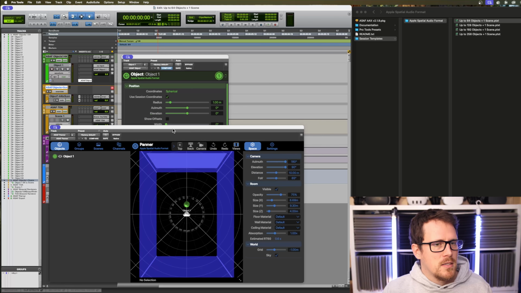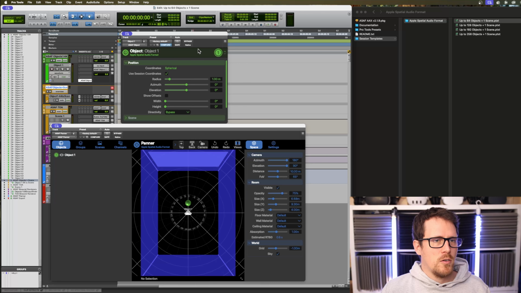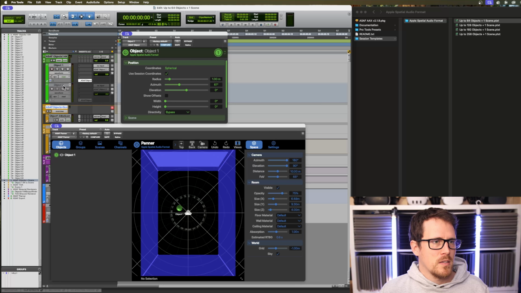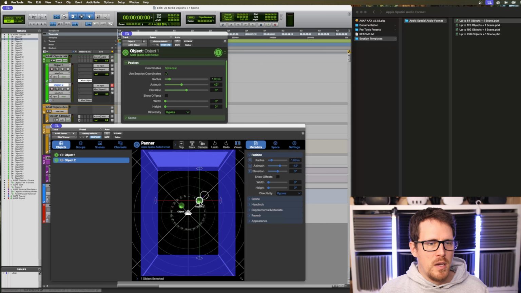And as you can guess, those two things are connected. So when I move around the azimuth, you can see that in the big panner, probably when I have multiple objects even activated. There you go. There you have two objects, and you can pan them around. You can probably even pan them right here. That works nice. What I realize when I try to pan it, it sometimes gets stuck, but it's not too bad.